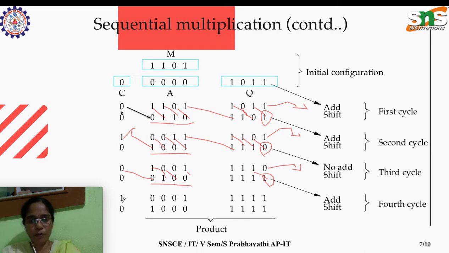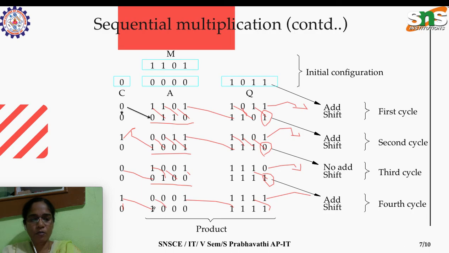Okay, hope you are all following with me. It's quite easy. Then we did the addition of the multiplicand with the partial product, and there needs to be a shifting. Here the C flip-flop we are making it 0, then shifting happens. This one is here and this one will be removed. And this is the final product.